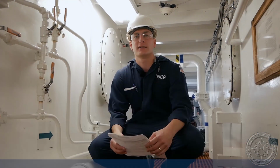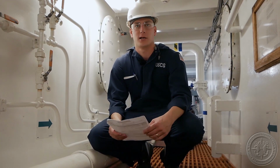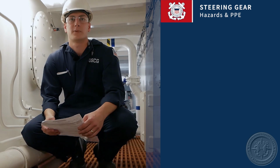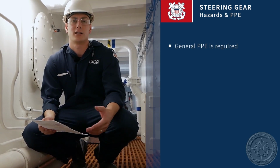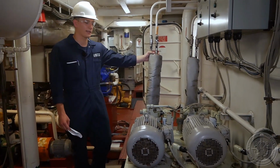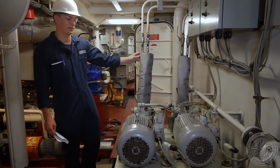So today we're going to be inspecting the steering gear system on a small Subchapter I vessel. The hazards and precautions that need to be taken when inspecting the steering gear are general and will be covered by your general PPE. Next thing we'll be looking at is the pumps and piping associated with the steering system,